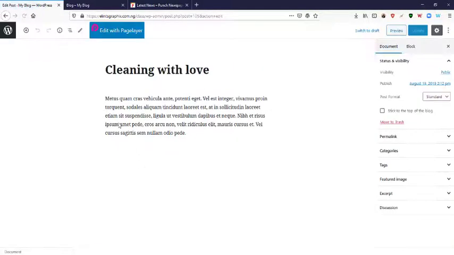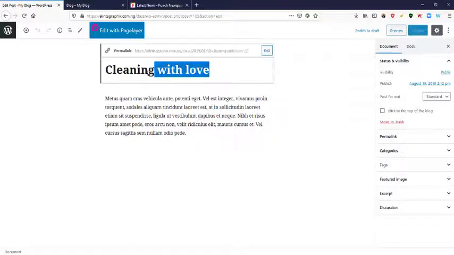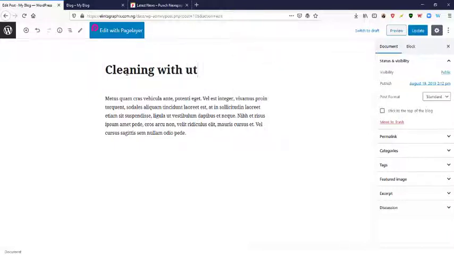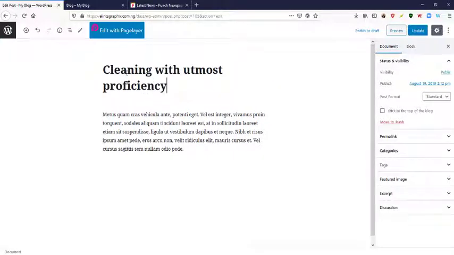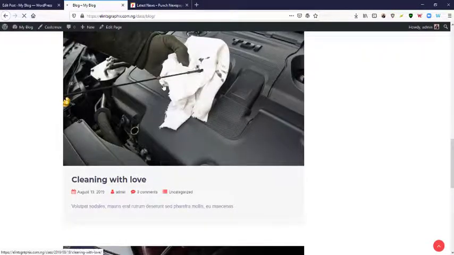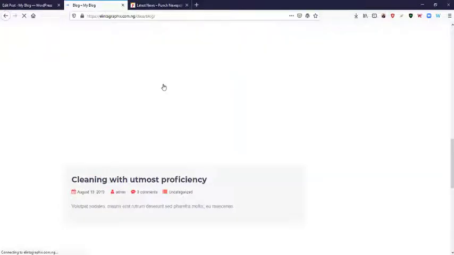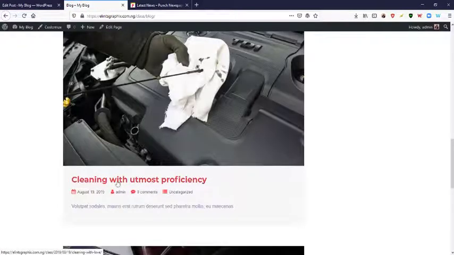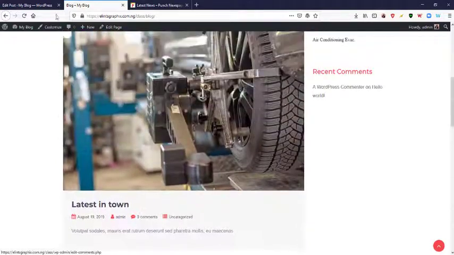Let's call it cleaning with utmost proficiency. Okay, cleaning with utmost proficiency. So now let's click update. When we click update on it, let's see what happened. So let's go back. Let's refresh that. Okay, can you see cleaning with utmost proficiency? So now that's what we're saying about